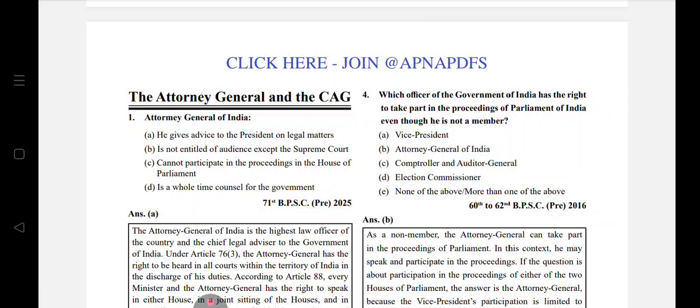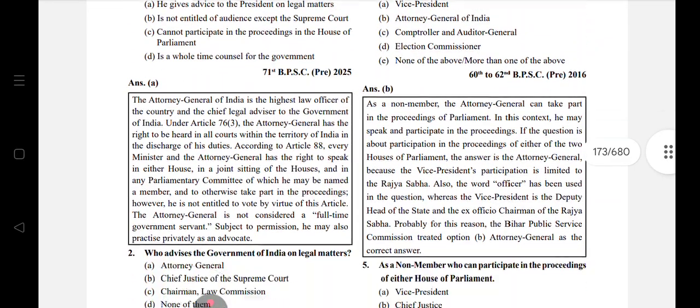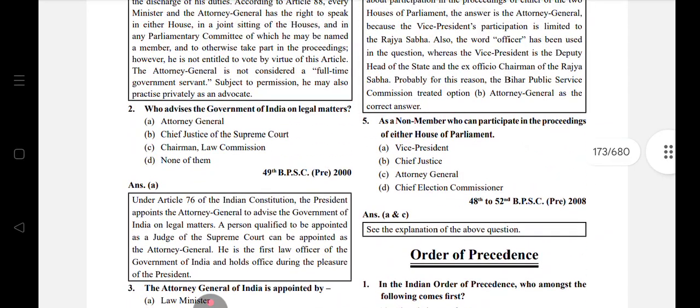Which officer of the Government of India has the right to take part in proceedings of Parliament of India but is not a member? Attorney General. Non-member can participate: Attorney General. Order of